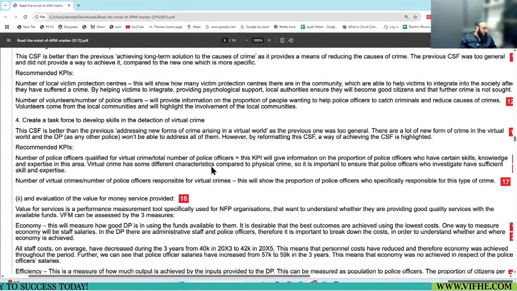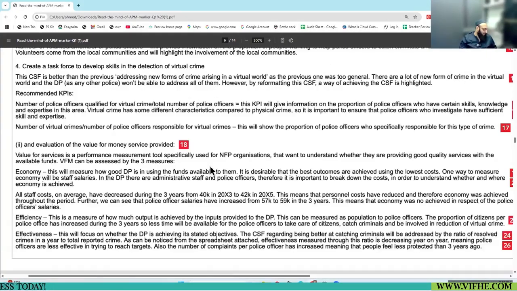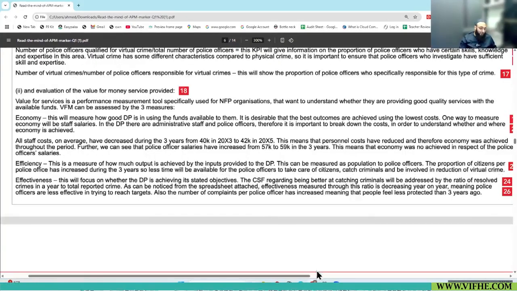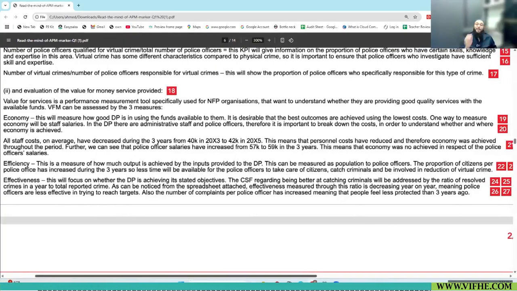Now, efficiency. Can you just check the size of the answer? Efficiency, 2 lines. I know these are 2 big lines, but still 2 lines. This is a measure of how much output is achieved by input providing to the police. 1 mark done for definition. This can be measured as population to police officers.